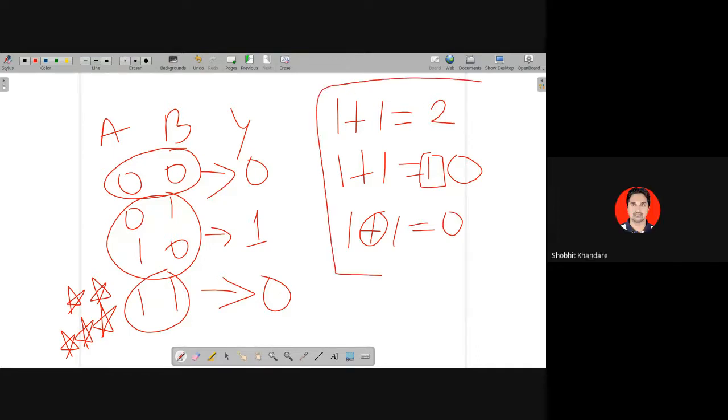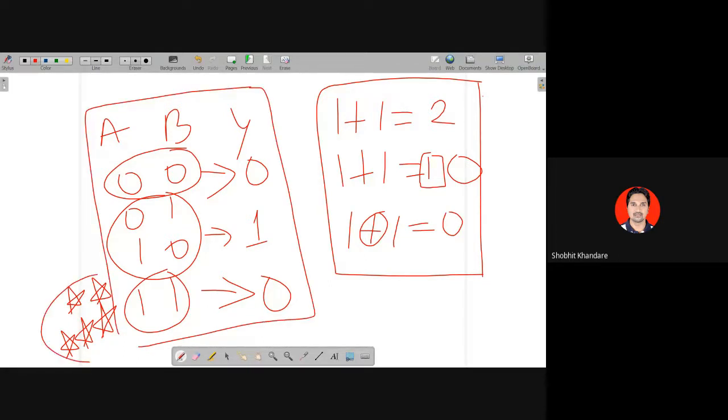XOR addition. I have to tell you all this because students make mistakes. So somewhere in the corner of the register, or on the last page of the register, wherever you feel fine, make this XOR table, give it 4-5 stars, and write on the side: this is decimal arithmetic addition, this one is binary addition, simple. And this one has its own sign for XOR, so you will be able to understand. But if I say 1 XOR 1, you should say it is 0. 1 XOR 1 gives you 0. So this is in XOR arithmetic operation.